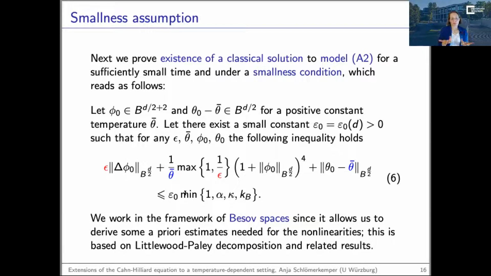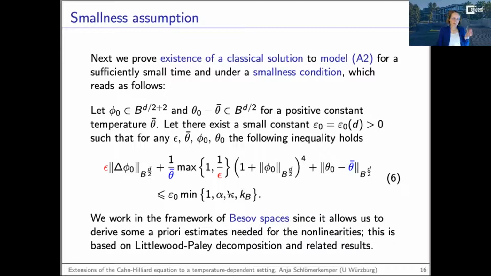So we assume that phi0 is in this Besov space, and also that the initial temperature condition is in the Besov space minus theta bar. And theta bar is a positive constant temperature, like a critical temperature, if you like, some special temperature. The smallness condition now goes as follows. We want to assume that there exists a small constant epsilon 0. This will show up here on the right-hand side. Moreover, on the right-hand side, we have the minimum of 1 and some material parameters that are in the model,